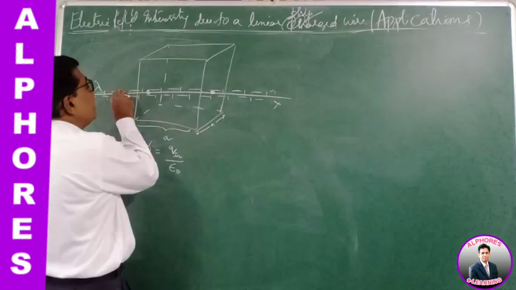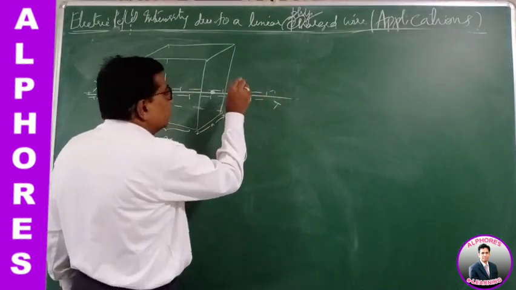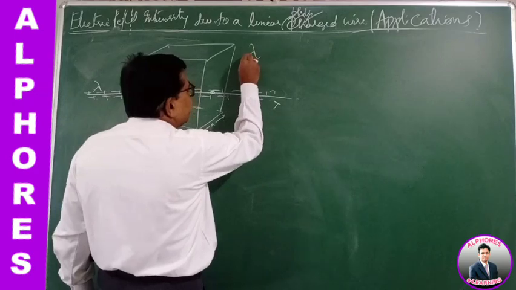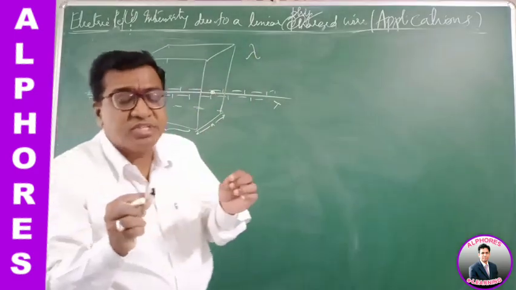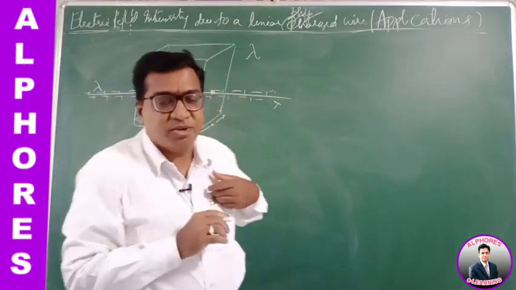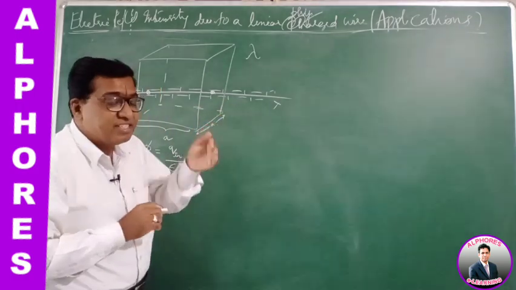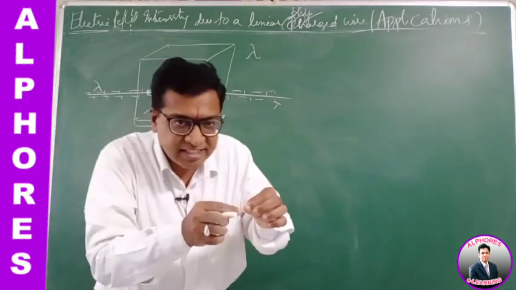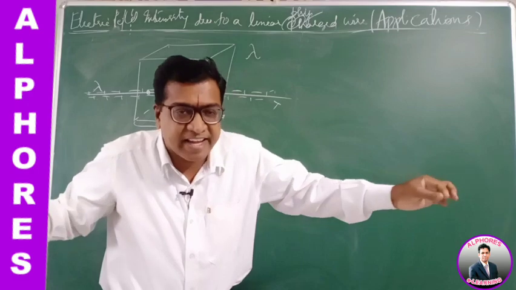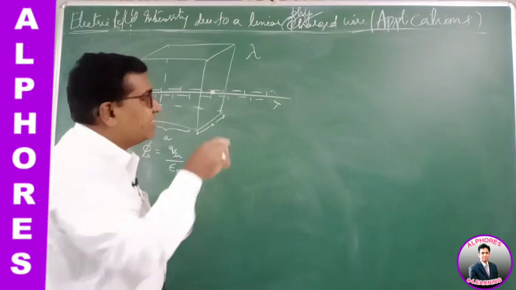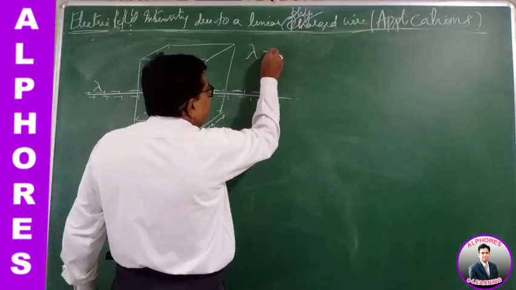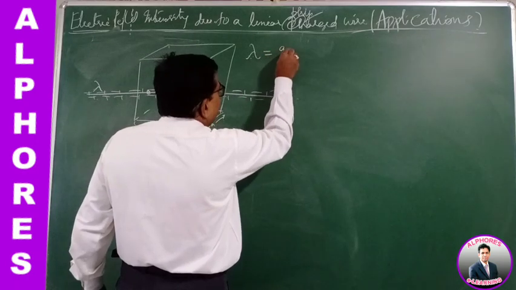Now we are given a uniformly charged conductor. So I was telling you, when charge is distributed uniformly, we have considered 3 different definitions. When the charge is distributed linearly on a line of charge, we define the linear charge density lambda. Lambda is Q by L.